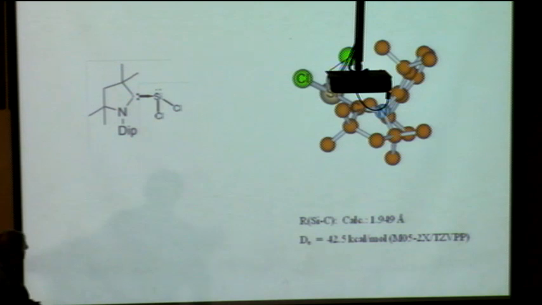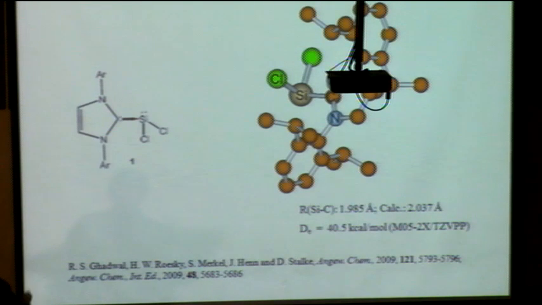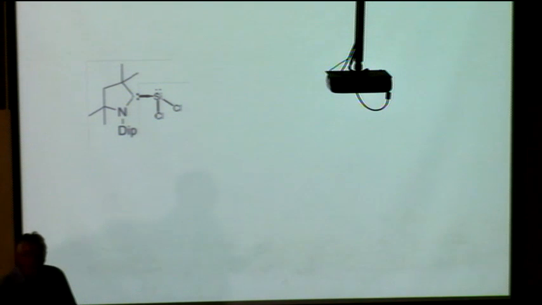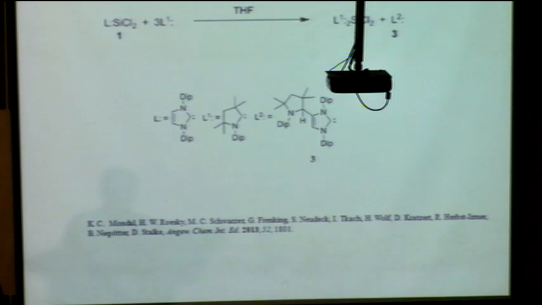So he ran the reaction where he took this molecule and let it react with this carbene and expected a one-to-one replacement. What he found was totally different and unexpected, and that was actually the reason that he contacted us. He took this complex and let it react with this. And rather than a one-to-one reaction, he got a one-to-three reaction. One of these new carbene ligands took one of them out and they dimerized, giving this one. This was not so surprising. The most surprising thing is that actually two of those ligands bind now to the silicon.